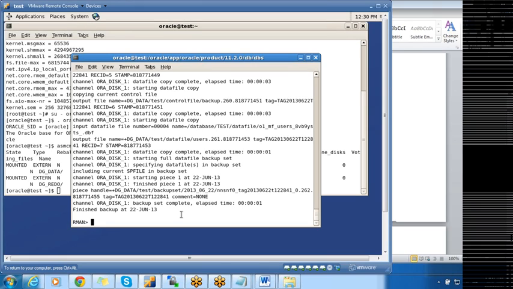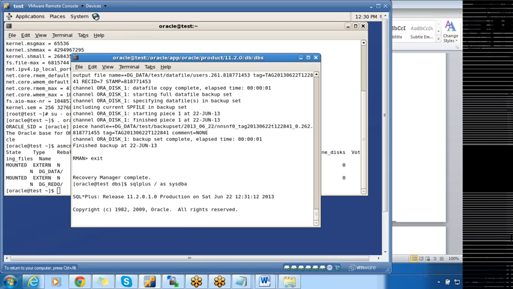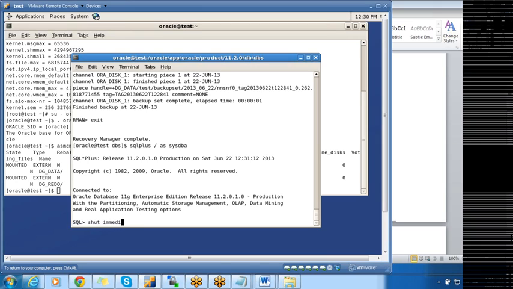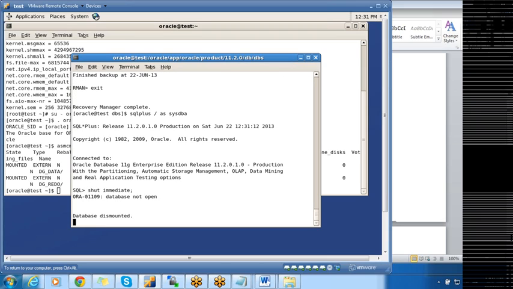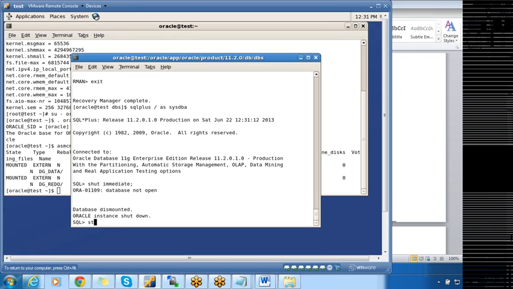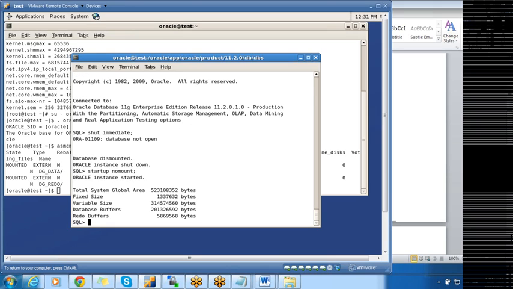After that, we have to exit from RMAN, sqlplus / as sysdba, shutdown immediate, startup nomount. Then alter system set control_files, because I have to move the control files also to ASM.